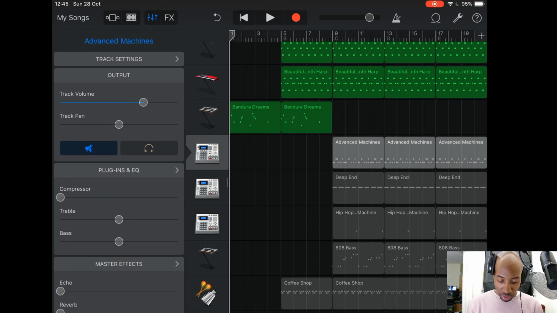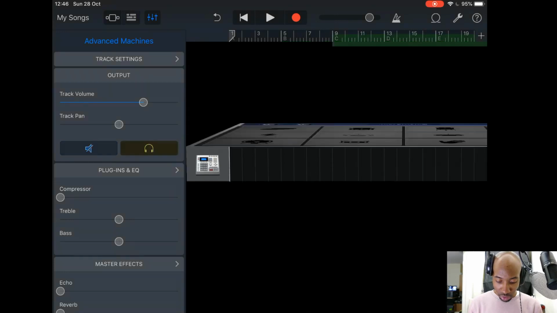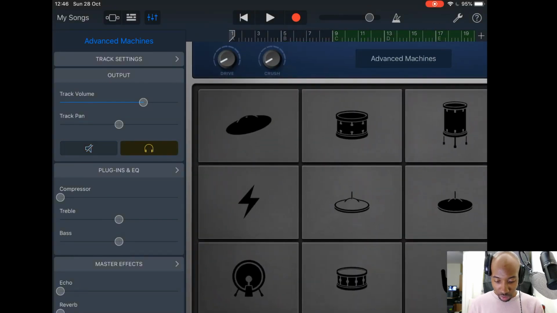In terms of the parts with the drums, I've just got instances of the beat machine, the built-in beat machine. I don't think there's any way that you can actually add your own samples to these pads. So you've got to just stick with whatever Apple provides to you. So that's another thing that I think is a slight restriction. But just for getting ideas down, you can always export the